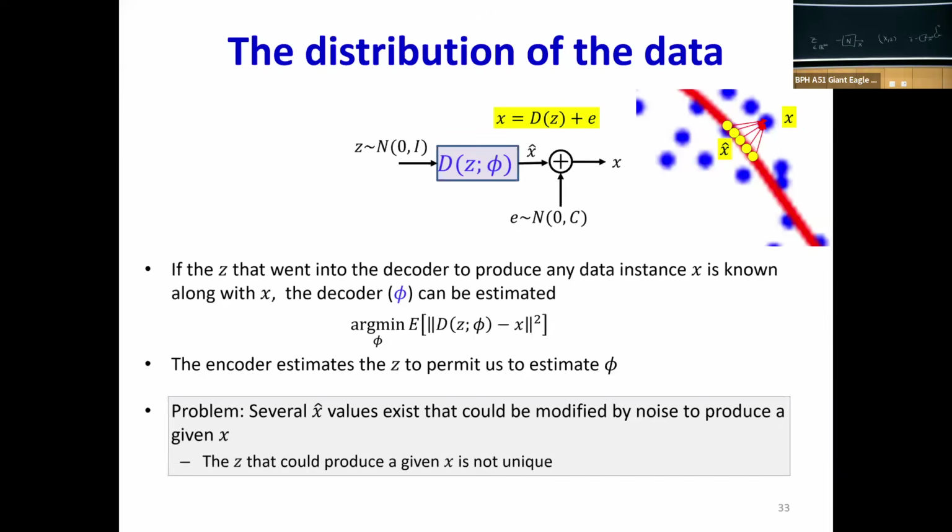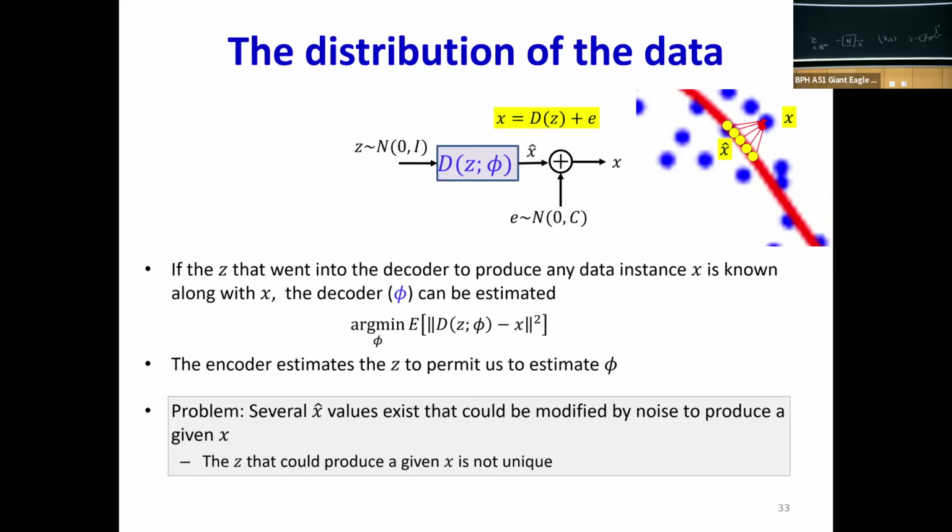This is a standard approach. I'm going to have a current guess for the model. Then for every X, I can push the data back, reverse through the model to get the guess for the Zs. I'm going to have a collection of X's and Z's now. I can go back and re-estimate my regression. I can keep repeating this process. And eventually, when the thing stops changing, I know I've learned a proper regression. That's basically what we want to do over here.